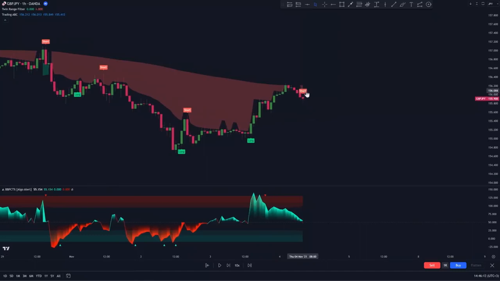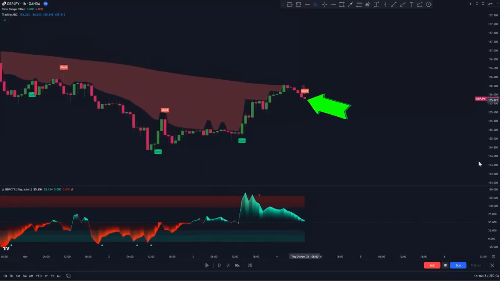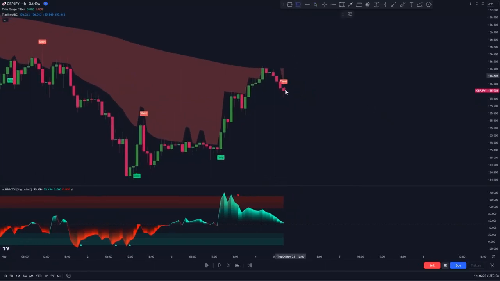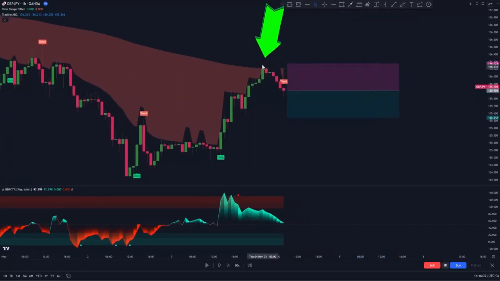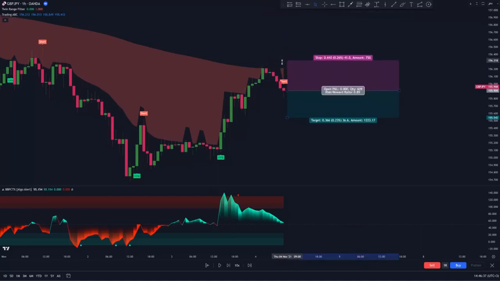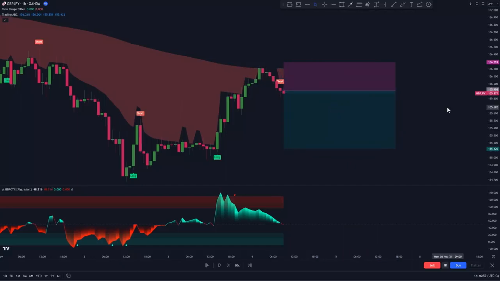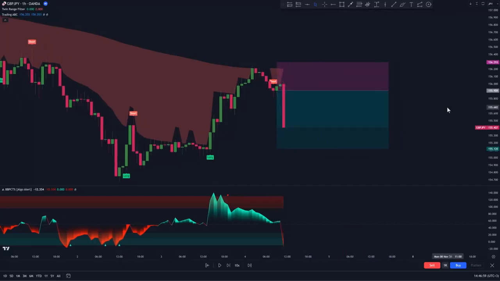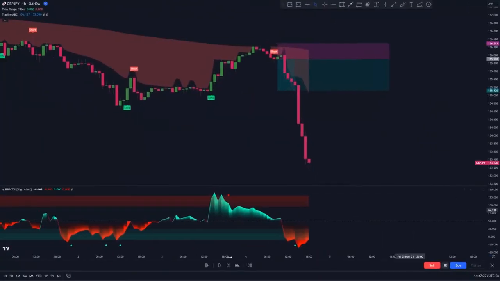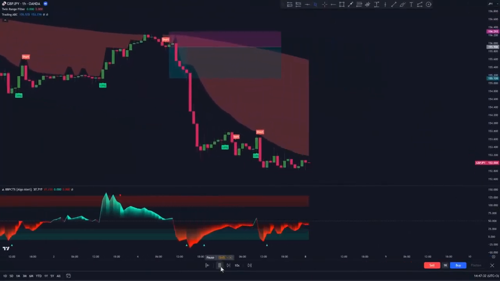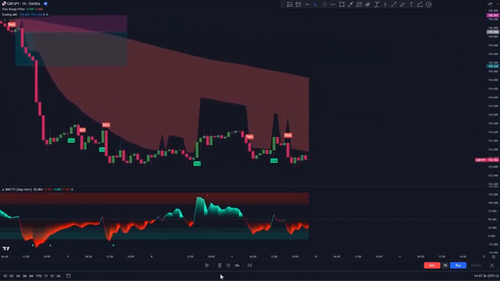All our entry conditions are met on this candle, so we're gonna enter a short trade here. The stop loss is gonna be set above the most recent swing high, and for the take profit, we're gonna set it at 2 times the risk. We let this trade run and take profit. As you can see, the Bollinger Bands percentile indicator combines the core principles of the Bollinger Bands